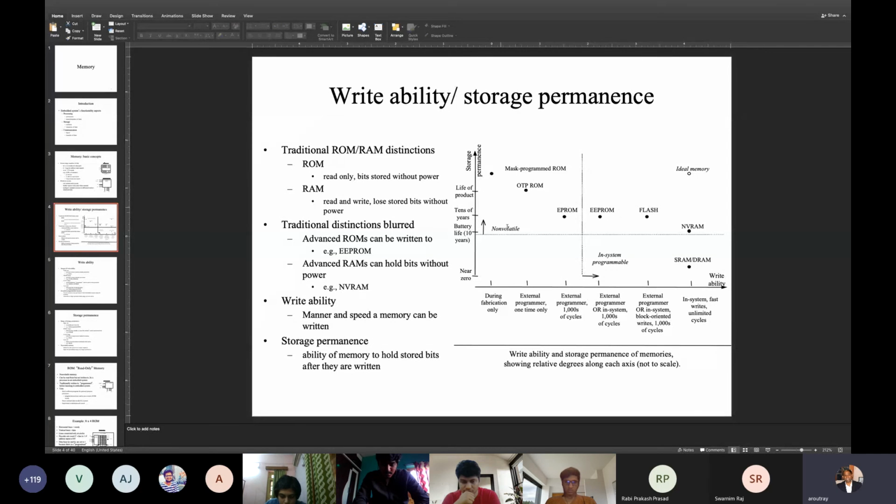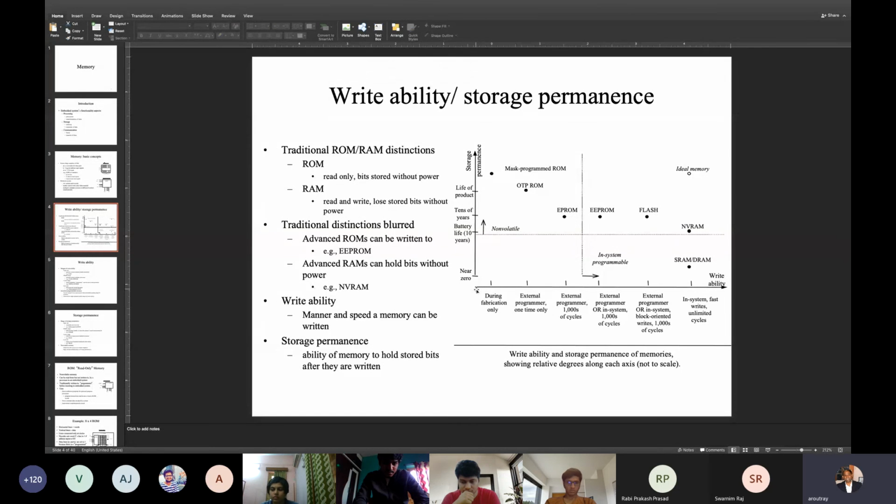So there is storage permanence, and the third dimension is power consumption, which is not shown here. The memory is defined by 3 things. One is read-write bandwidth. Read is not an issue, but write is an issue. Sometimes you cannot write all the time, so you have to make special arrangements to do writing. Then storage permanence, how long it can hold your data. It is irrelevant nowadays because you have got good quality memories. This is an old slide, so I have to show it. The third dimension is the power consumption of the memory.